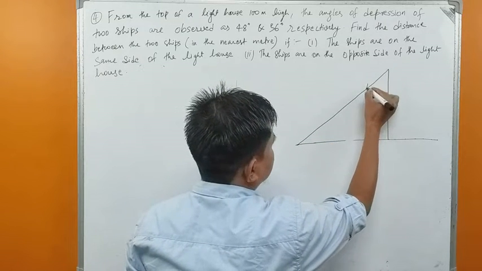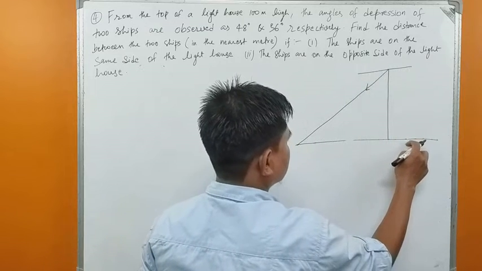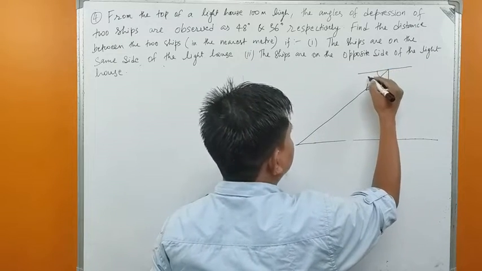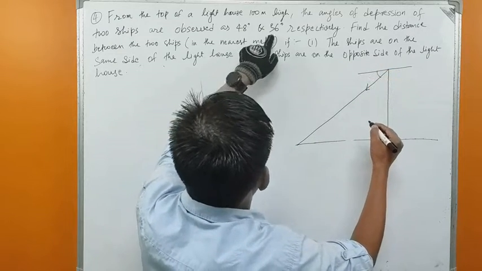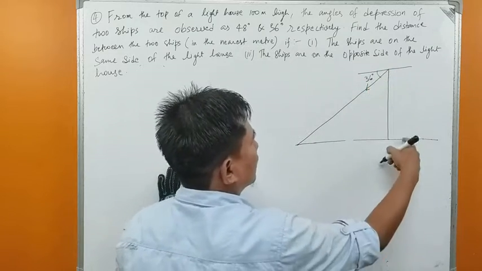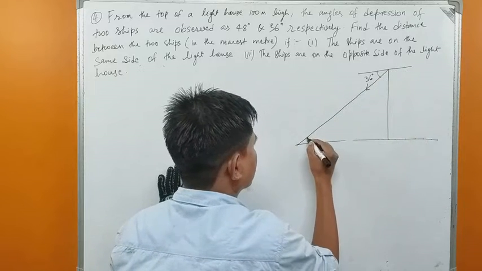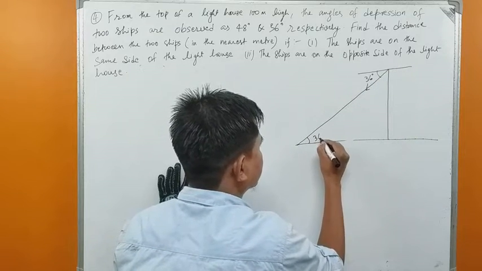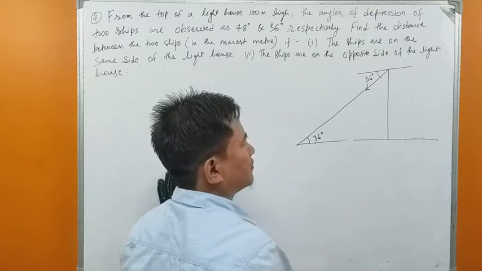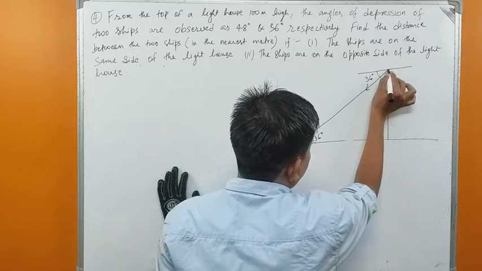Okay, angle of depression means if you draw a straight line parallel to this baseline, the angle that makes here is 36 degrees. These two lines are parallel to each other, and this line is a transversal, so this angle should also be equal to 36 degrees. So this ship is coming towards the lighthouse, and another ship is at an angle of depression